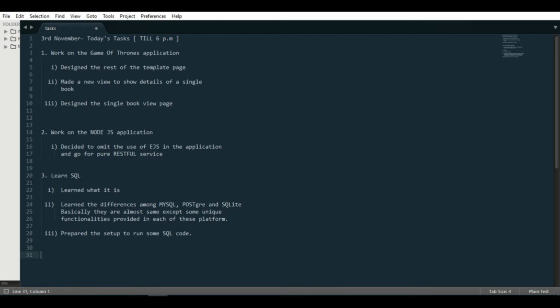So I started to learn React, and there I just scratched the basics, and I will dive deep in the next session when I will do React again.